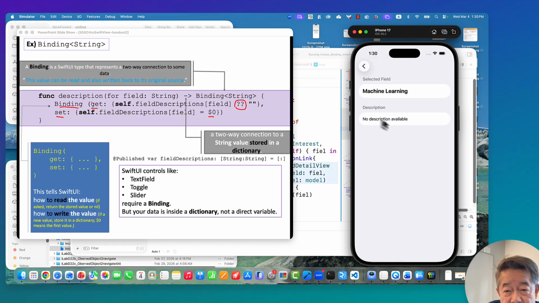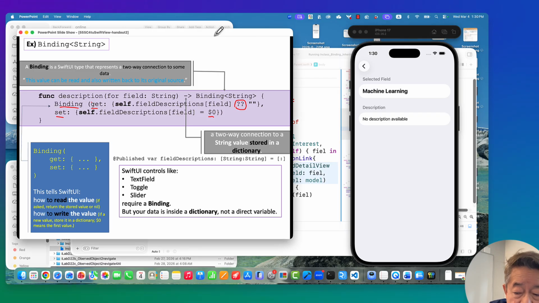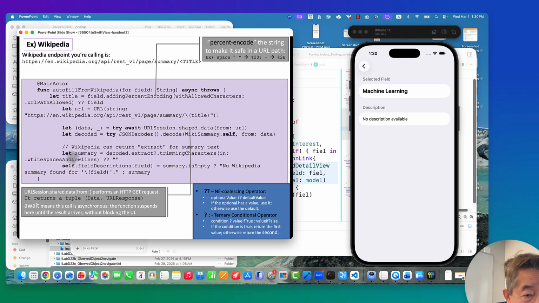Back here, there's nothing. So I want to display, I want to add something that I can get from Wikipedia. So there is a code that I provide to you here. Main actor, you simply use it, but I can explain here. This is a function, autofill from Wikipedia. There are two names for the variable in the string. Asynchronous throws, which means